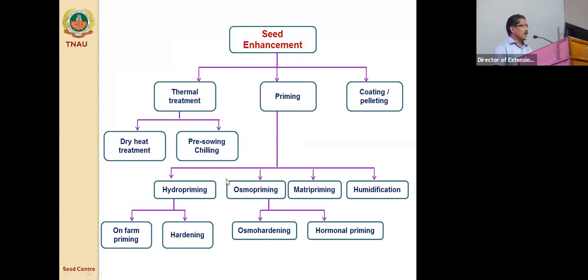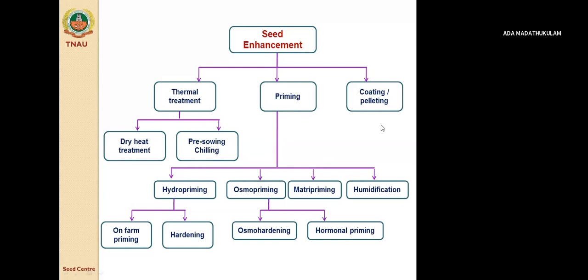Broadly, we can have seed quality enhancement as a physical treatment like dormancy breaking or germination improvement and all these things. So many things are there. Here I don't want to discuss much on this because these are very theoretical. We are not following these kinds of practices because most of our agricultural and horticultural crop seeds do not have any germination problem in terms of dormancy or physiological mechanism. So our seed enhancement mainly focuses on seed priming, coating and pelleting.